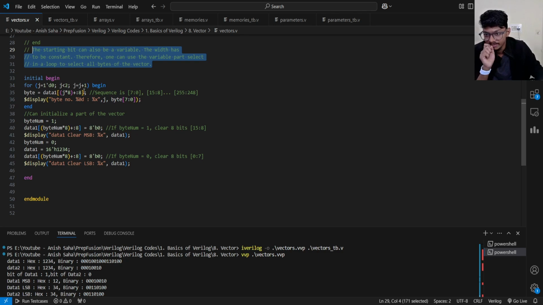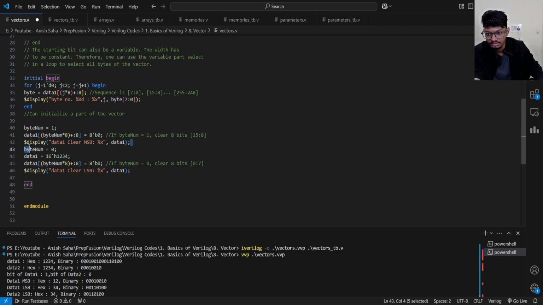So now, as I was explaining, I am accessing the data 8 bits at a time. Also, we can initialize a part of a vector as well. If I initialize this part to be 0, that clears the bits from 15 till 8, because I'm starting from 8 and adding a width of 8. So I want to clear it to 8'b0, that means the 8 bit number 0, so it will be cleared. And I will print before clearing, and after clearing,